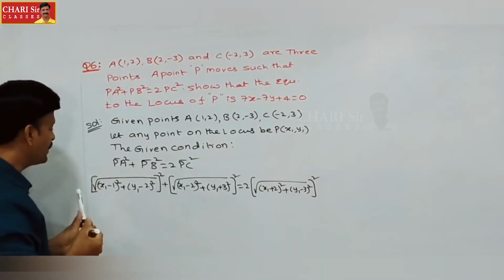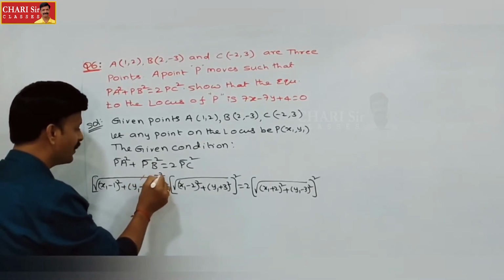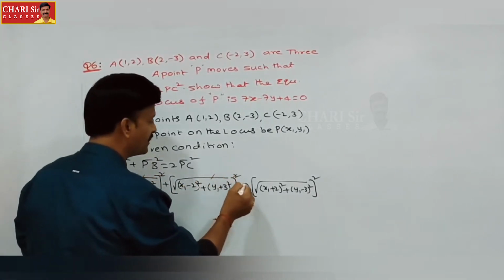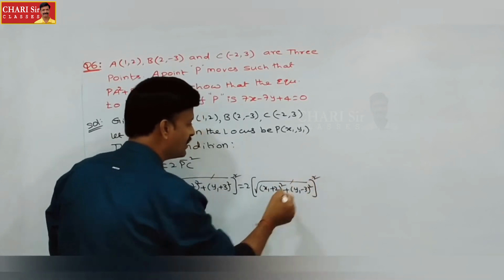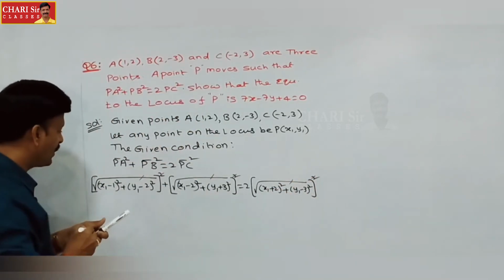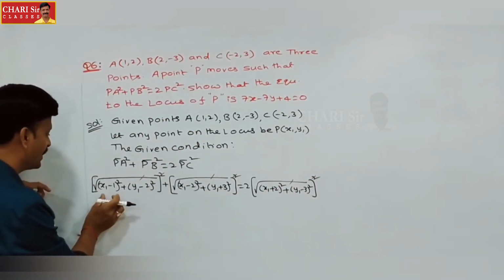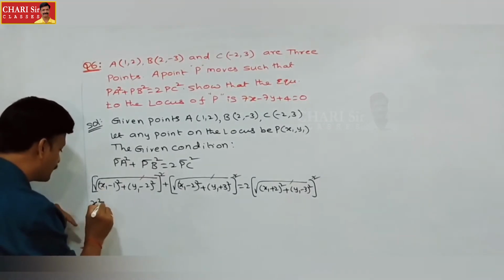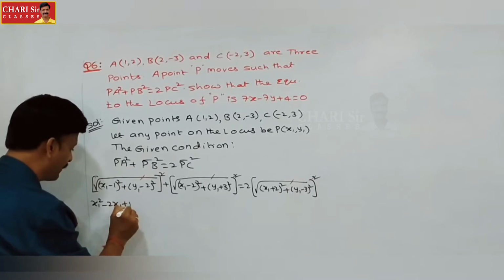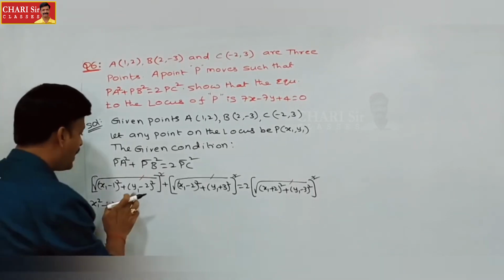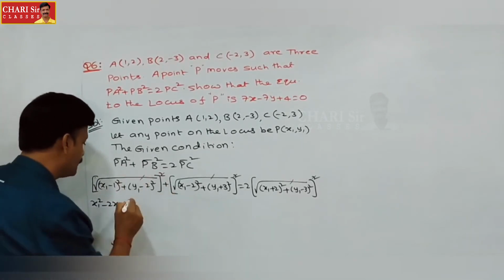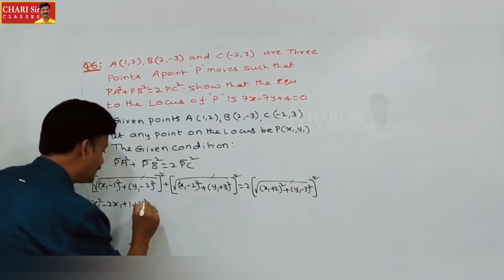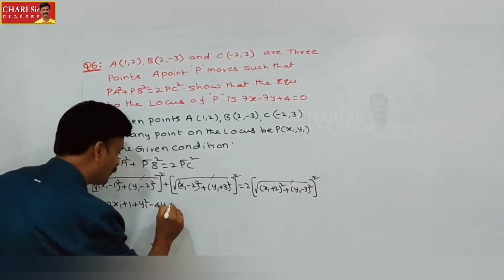Now here, everywhere square root is there, square is there. Square root and square will get cancelled, square root and square will get cancelled, square root and square will get cancelled. So what are the remaining terms? x1 minus 1 whole square. The expansion of x1 minus 1 whole square is x1 square minus 2x1 plus 1, using the a minus b whole square expansion. And y1 minus 2 whole square, also a minus b whole square expansion, is y1 square minus 4y1 plus 4.